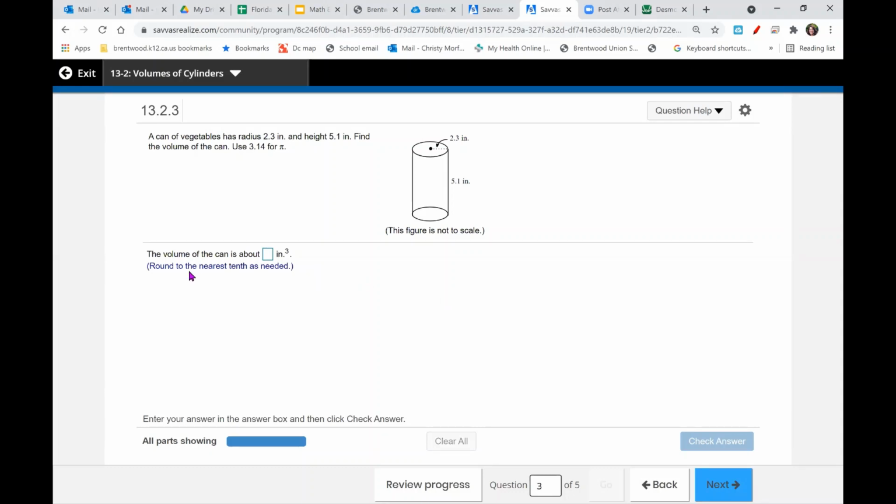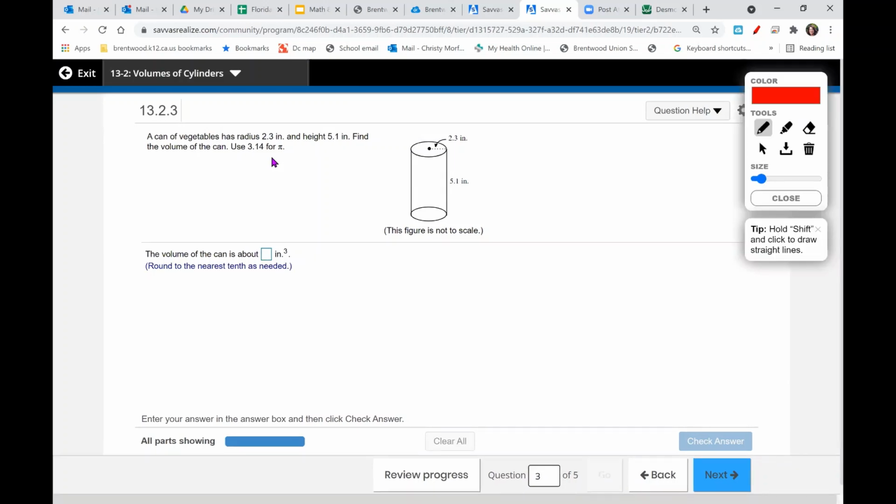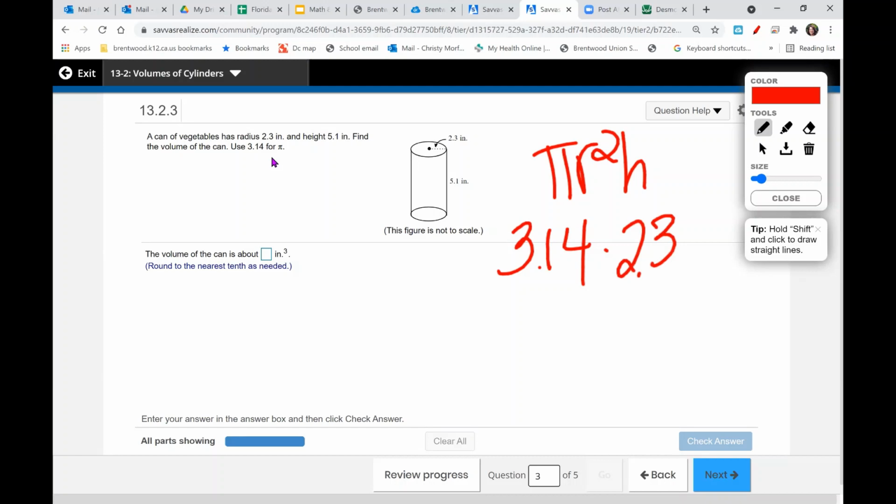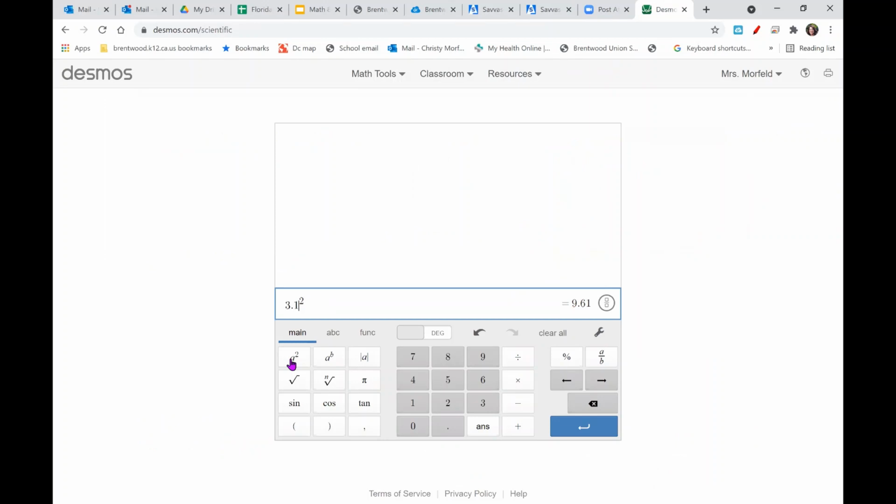This one says round to the nearest tenth. It also says use 3.14. So you got one extra step on your calculator. So again, it's pi r squared h. That means this time we need 3.14 for pi. My radius is 2.3, I think that says, and my height is 5.1. So 3.14 times